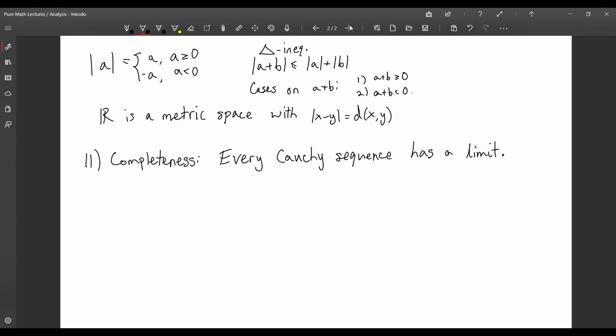We'll define what a Cauchy sequence is in the next video. But this is the key defining property for R, at least in terms of separating it from the rational numbers. The rational numbers do not satisfy completeness. In other words, you can construct a Cauchy sequence which does not converge in the rational numbers. An example of that,